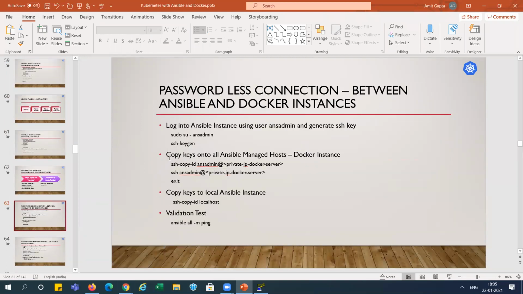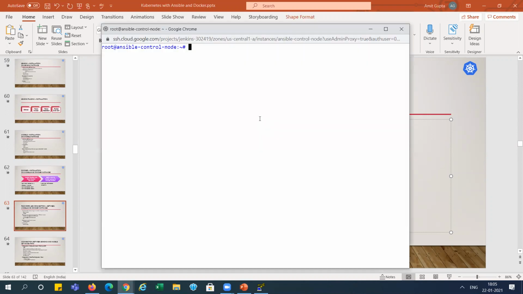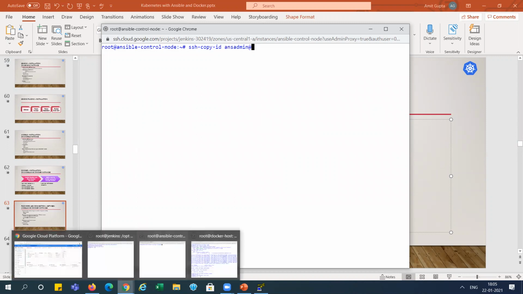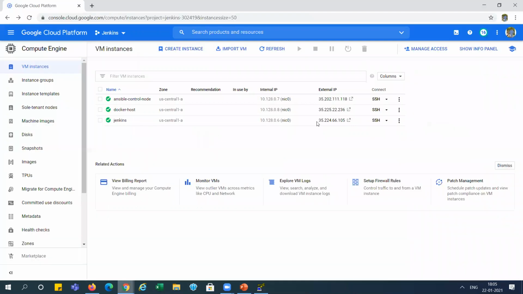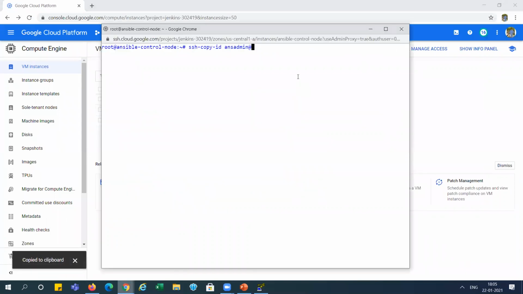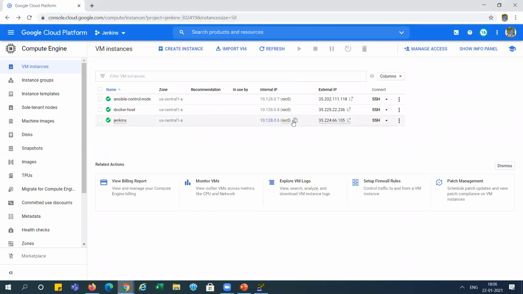You can see here this is the command. We are just copying this one, and the private key we can see from here, the Docker one. Oh, sorry, we need to do it that way.